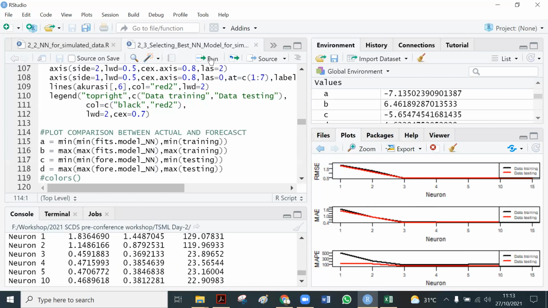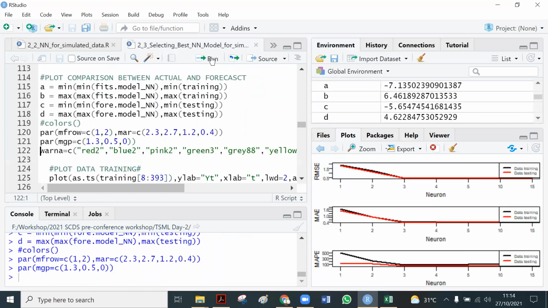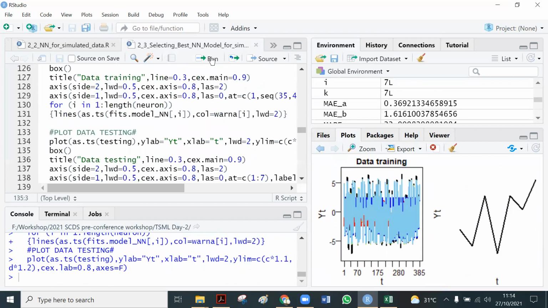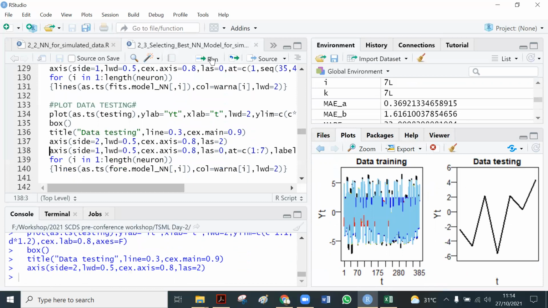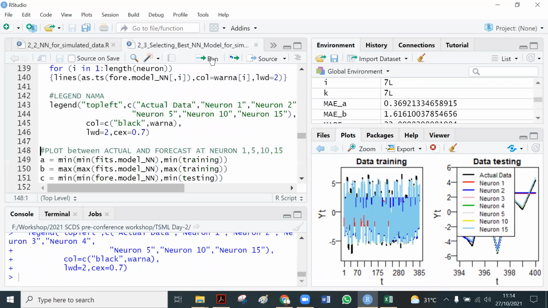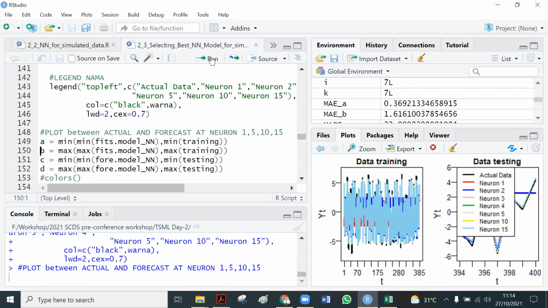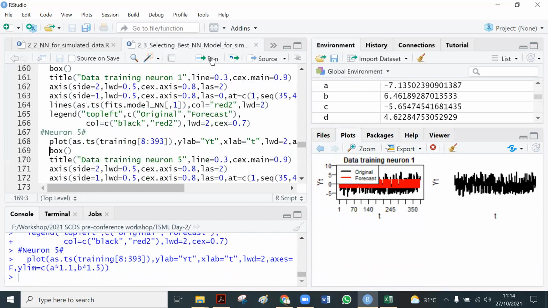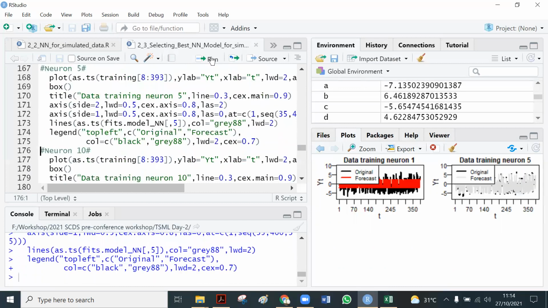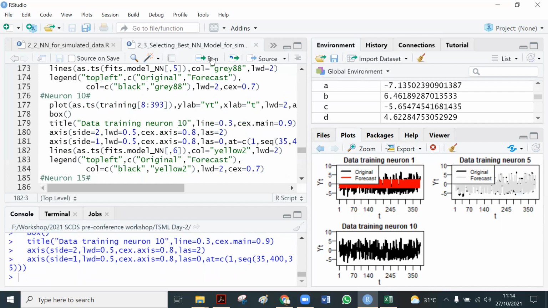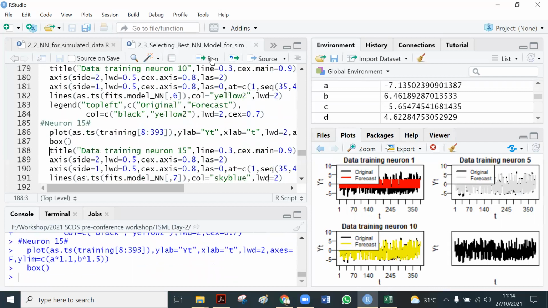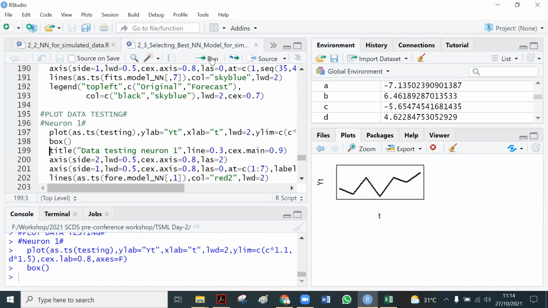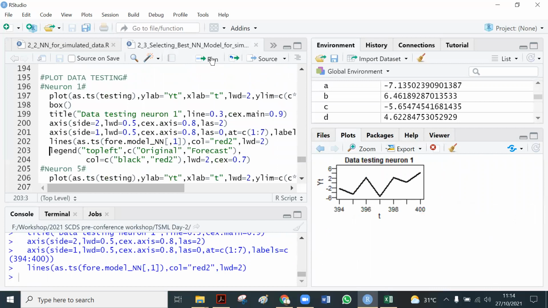Okay, next we create another plot. This is the estimation. Yeah, this is the problem in RStudio. If the space for the graph is not big enough, the legend will be displayed covering the graphs.